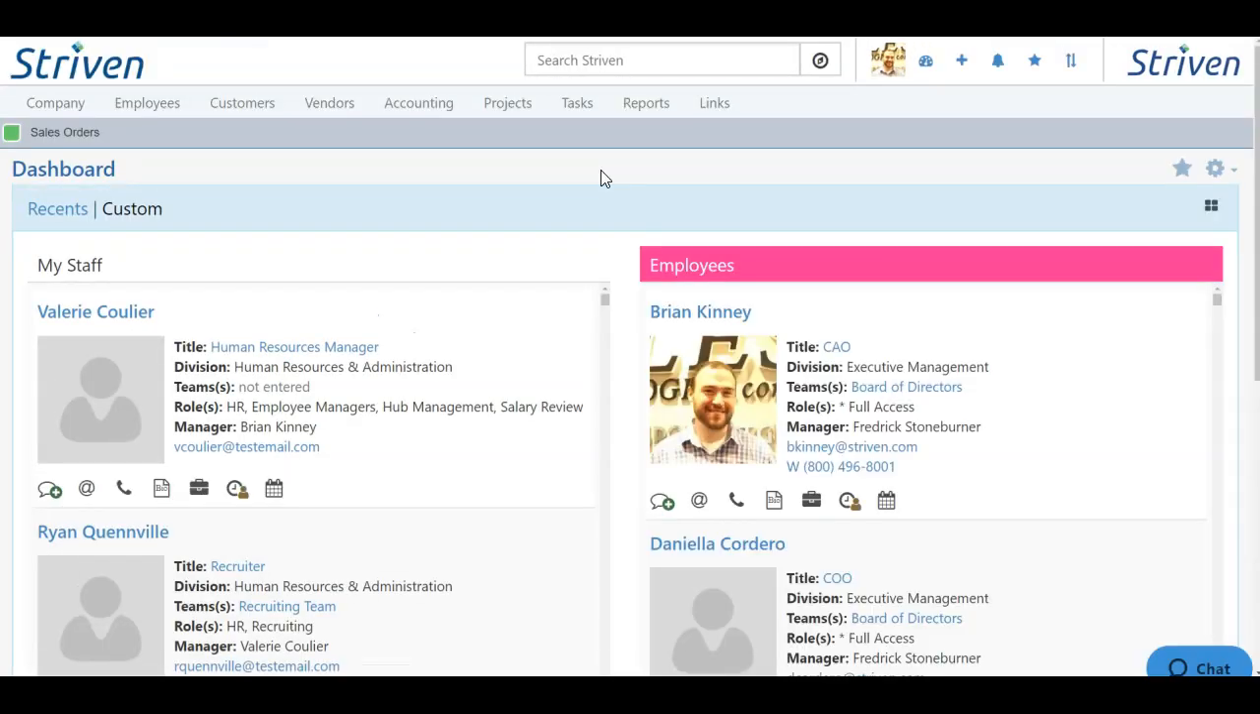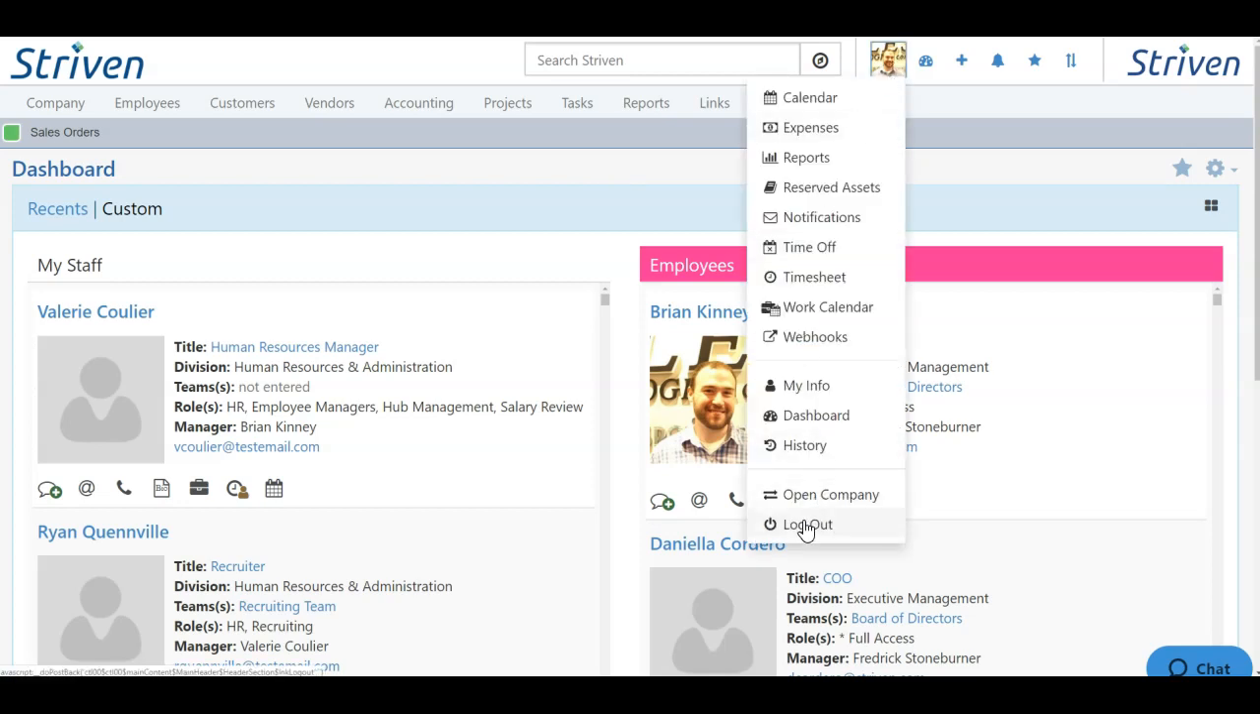If you're signed into your Gmail or your Microsoft email already, then the Google Single Sign-On will work seamlessly to sign you into Striven. If you are not signed into your accounts, however, you can sign in upon clicking the Single Sign-On button. To log out of Striven, you can simply click your image and choose Log Out from the